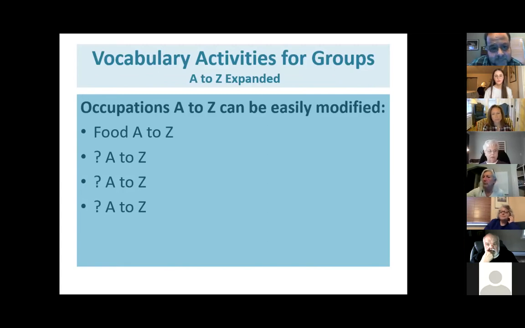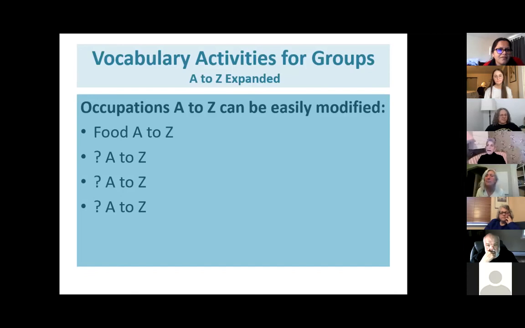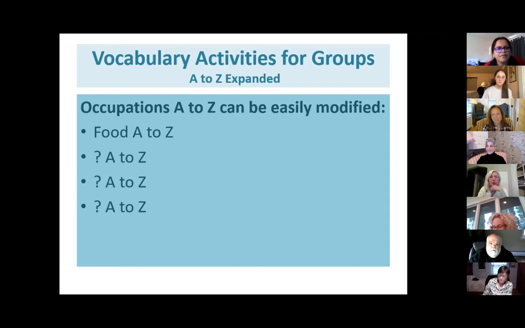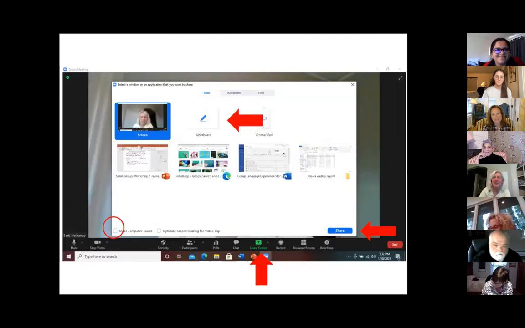Cities, names. Places. Activities that they do on vacation, for example. Sports. Clothing. Clothing. Yes. Colors. Yeah. So again, I think it's a good activity because you can use it in a lot of different ways. And it was fun. And it's always good to have fun during your lessons.